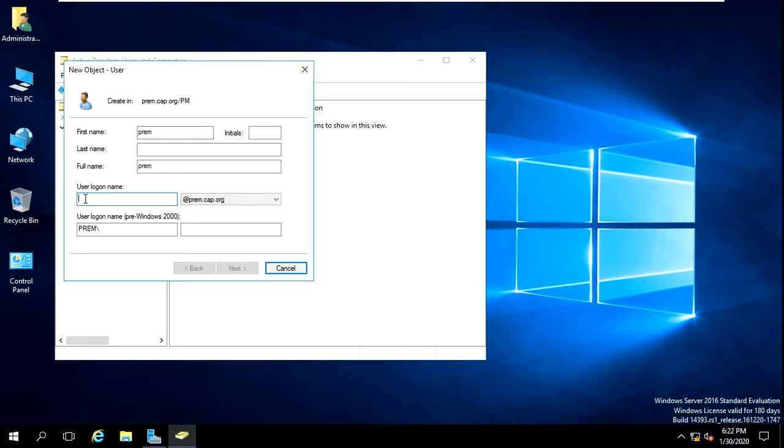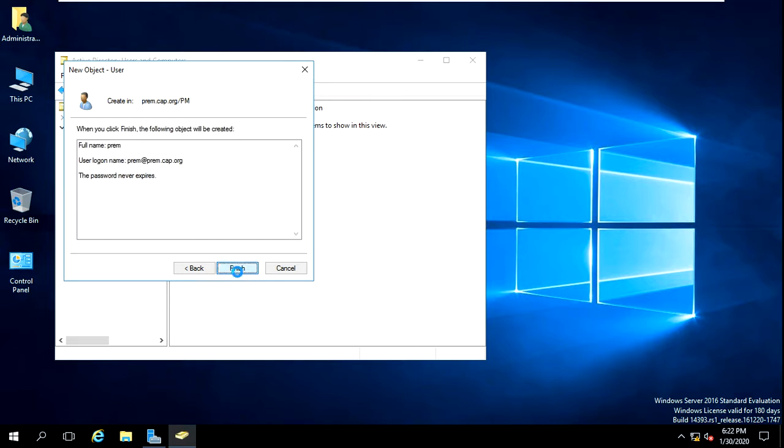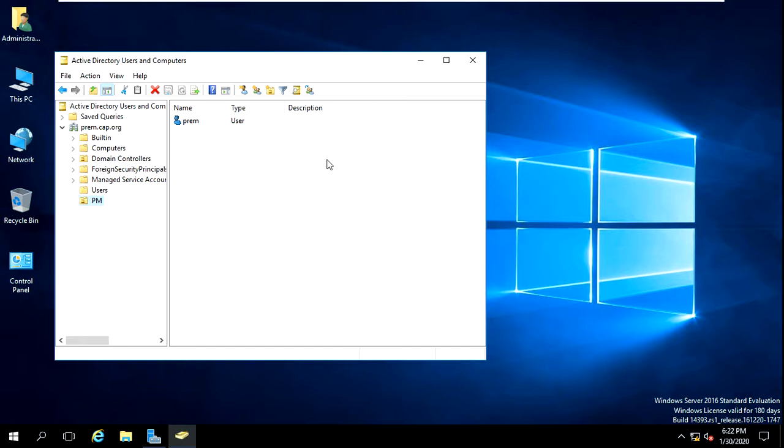and I would like to log on to this group as Prem, and I am putting my password here. You must uncheck this one, and you must click on this, password never expires, for the first time. After that you can do this one. Now you can see here I created a user, and after connecting to this domain server you can log in by these credentials, and in my next video I will show you